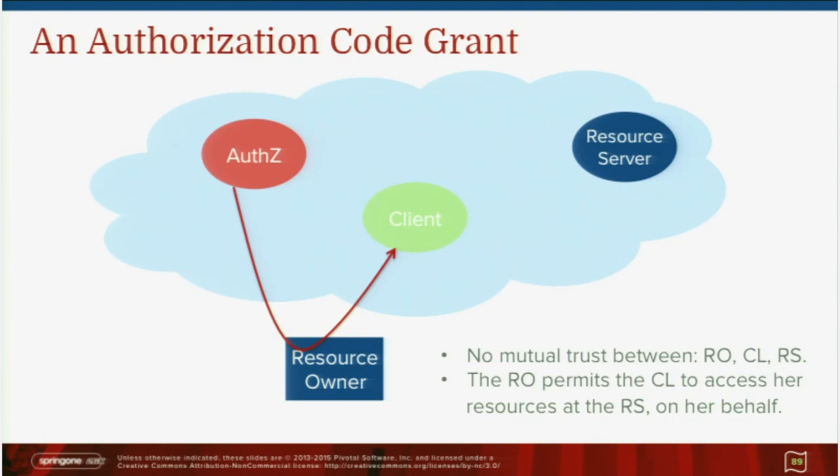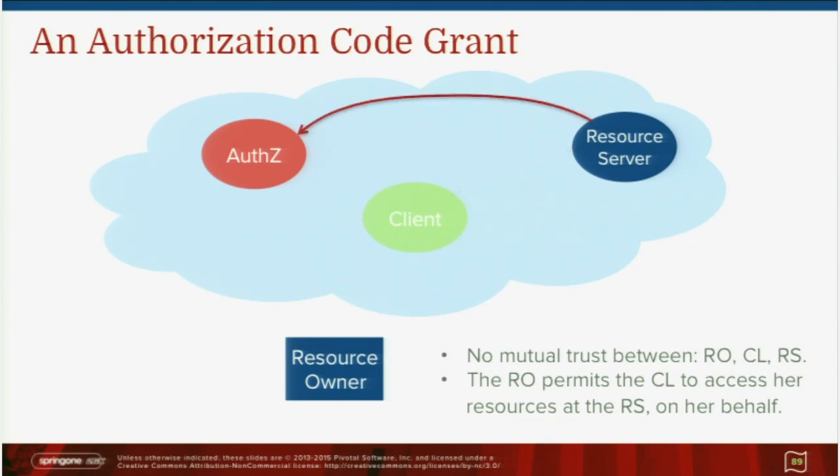Why is it a code and not a token directly? Because the code is passed through the browser, and it's something you don't want the user to be exposed to. So it's a confidential conversation between the auth server and the client, and it's transited through the browser. It's a code that no one can cash in except the client it was issued for. Client then cashes in that code, gets a token back. Client can